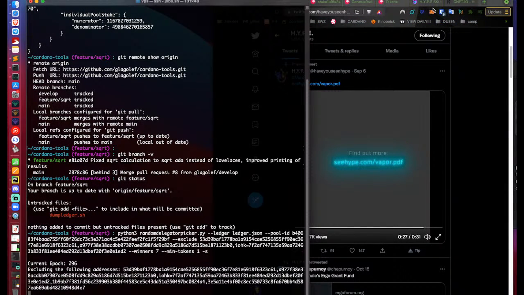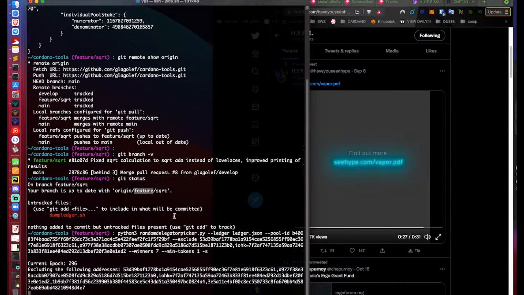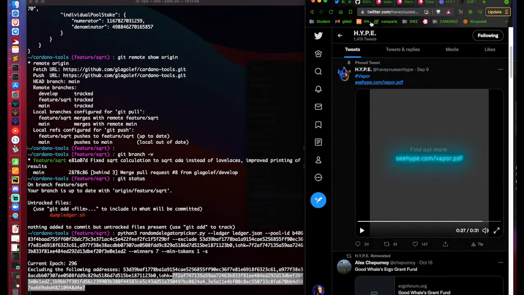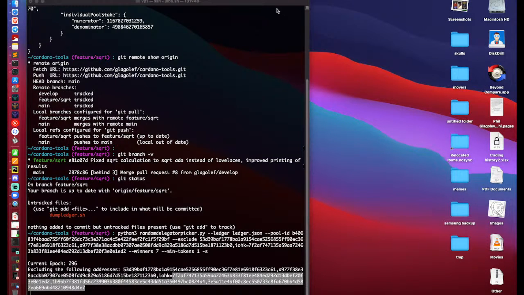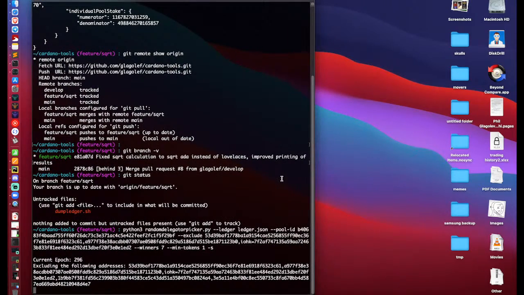Okay, so how is everything going? We have 7 winners. Current epoch is 296. This was actually pulled from the file, so we know we're on the correct epoch. It's the correct file, it's not outdated. We've excluded these addresses. We've excluded the LHK address because I think it's still currently active, and then it pulls down the addresses of the stake pool because I can't win my own giveaways. So I think I can minimize this now. It should be very soon now.